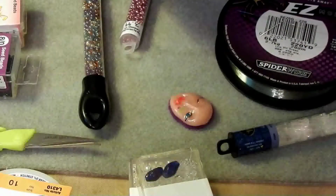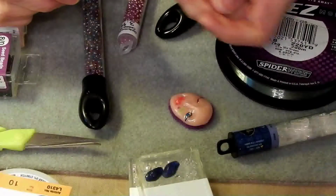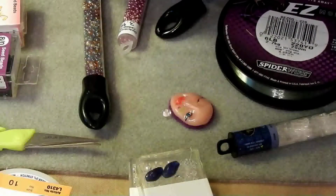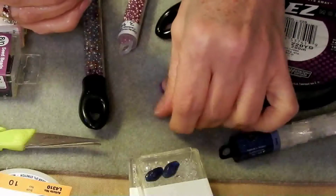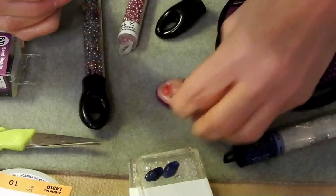You open this tube. But that's the size of a single bead. And there's a mixture in here. There are some bugle beads that I might use in the mix, but I just thought that this bead would